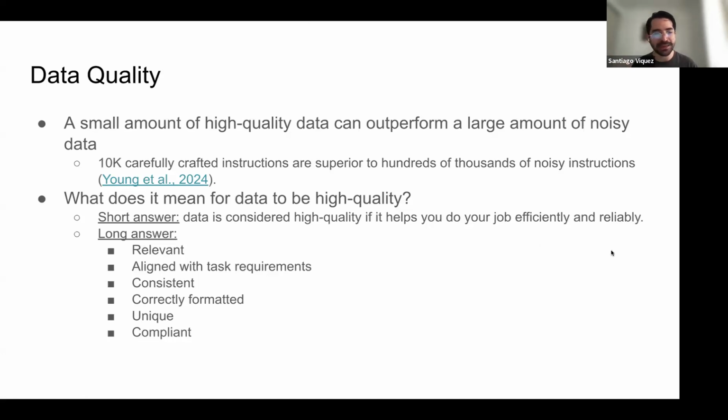The long answer is that high quality data needs to have all of these things. It needs to be relevant for the task that you're doing, aligned with the task, consistent, correctly formatted, unique, and compliant. Let's check each of these. By the way, if you have any questions, just unmute yourself and let me know.